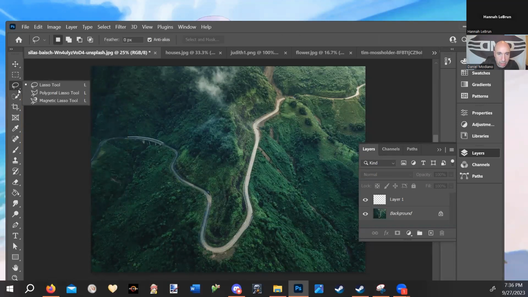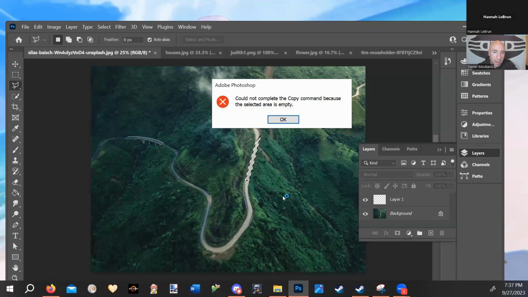There are other versions of the lasso tool, such as the polygonal lasso tool, which basically will make really straight lines. Like if you want to go point to point. Yeah, point to point. It'll just make straight lines. Like if you want to, for some reason, get this little portion of the street. I don't know why somebody would just want to get this random portion, but if you just want to,